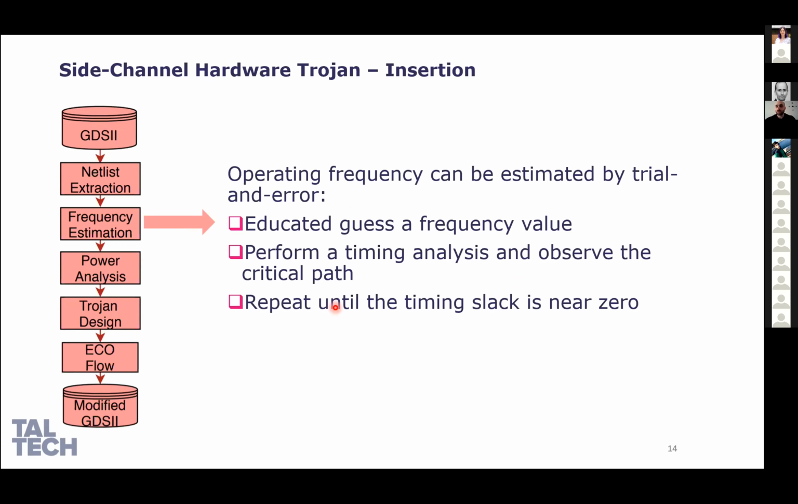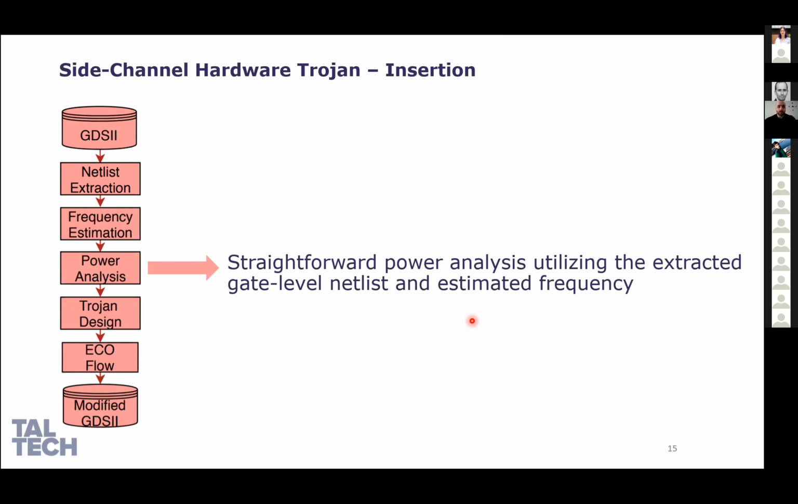If this lags to negative, you have to relax your frequency, and if it's too positive, you have to increase your frequency until you achieve a time slack near 0, and you have a good estimation of frequency. Then with the netlist and your timing constraints, you can perform a straightforward power analysis, so we can design